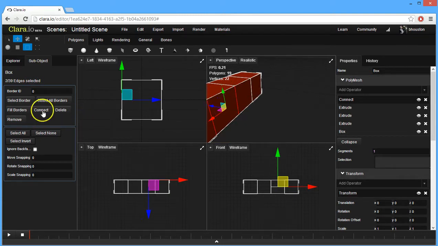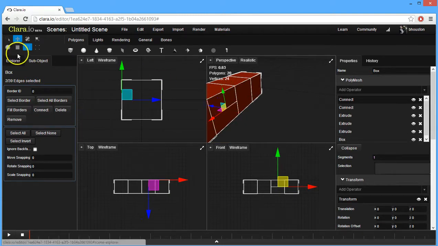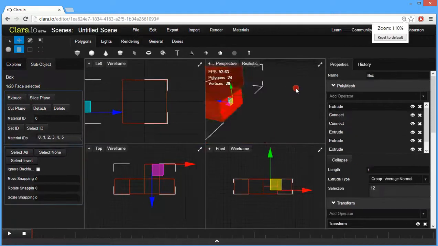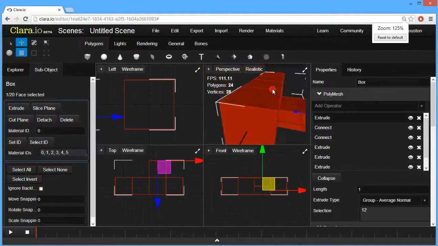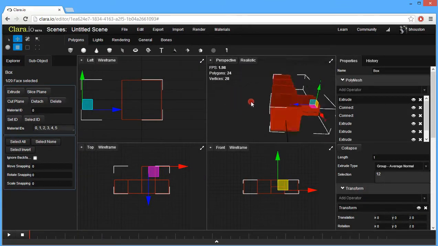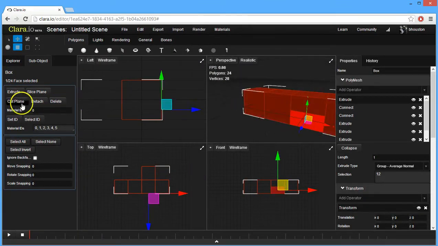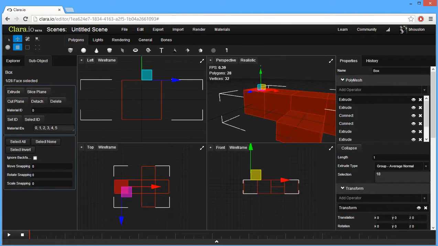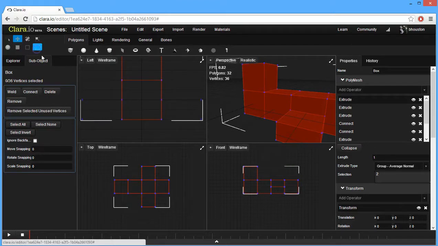There we go. And then what I'm going to do is go back to face. I'm going to select this face, and I'm going to extrude it on both sides as well. Okay, and then at the back here I'm going to extrude this upwards, and then I'm going to select into